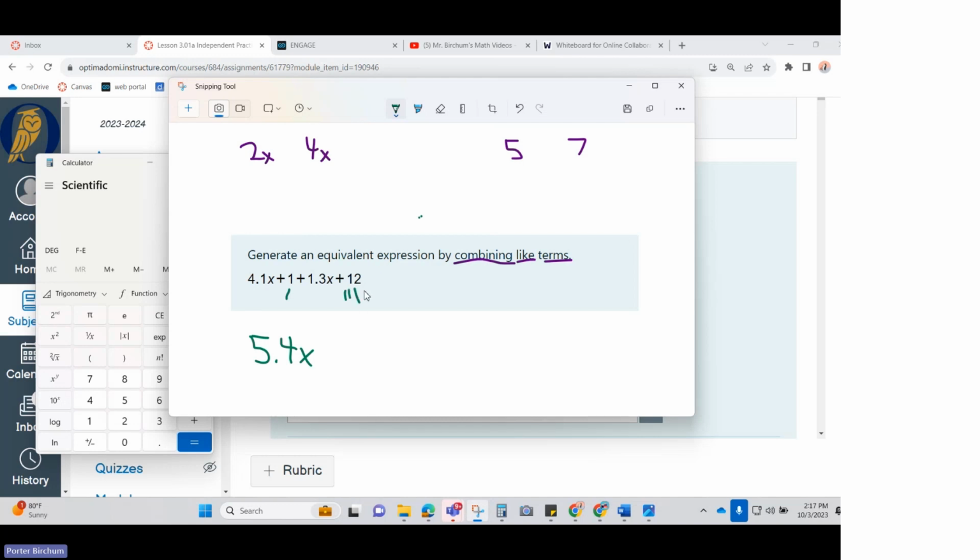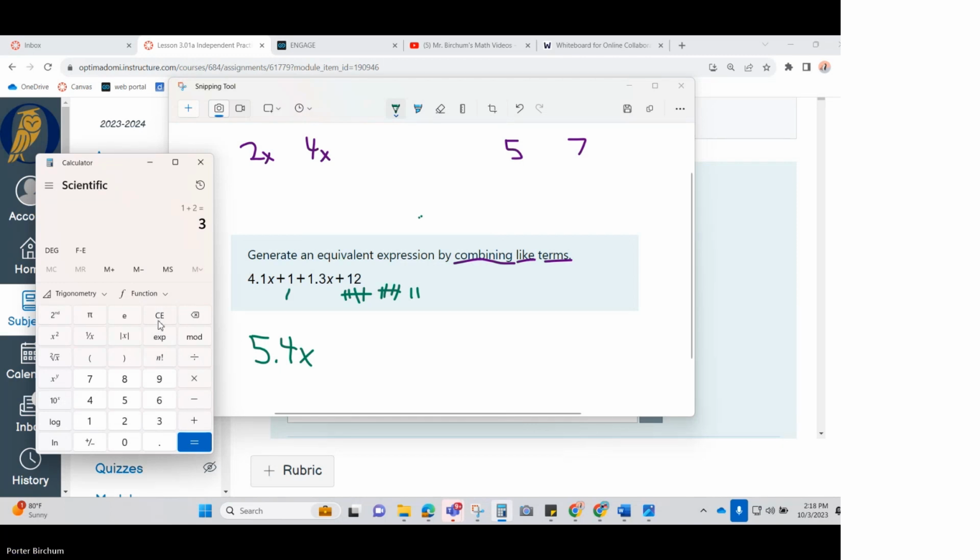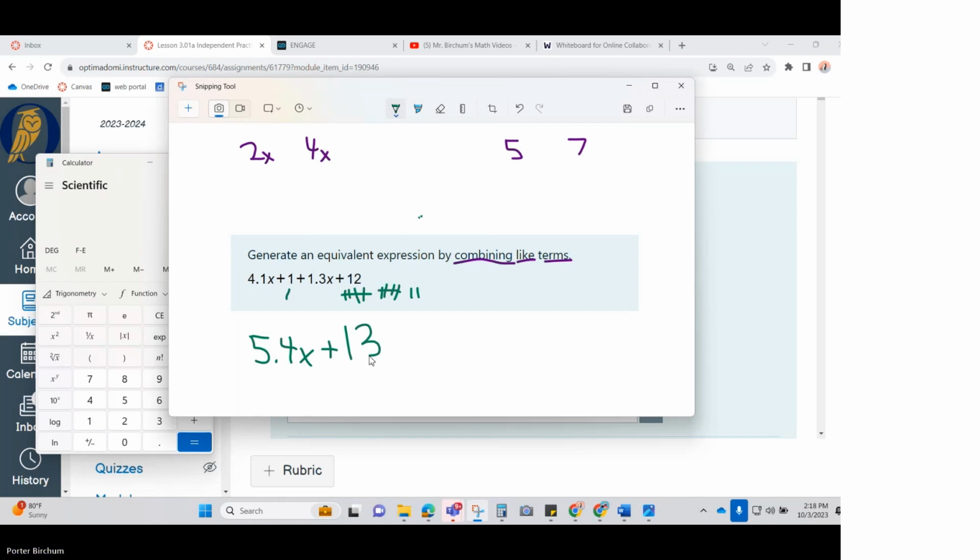1, 2, 3, 4, 5. 1, 2, 3, 4, 5. 1, 2. How many ones do I have altogether? I can figure that out by adding them. 1 plus 12 is 13. I have positive 13 ones. And I can write my answer like this. My final answer for this question is